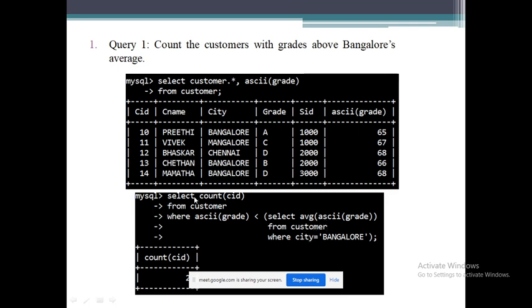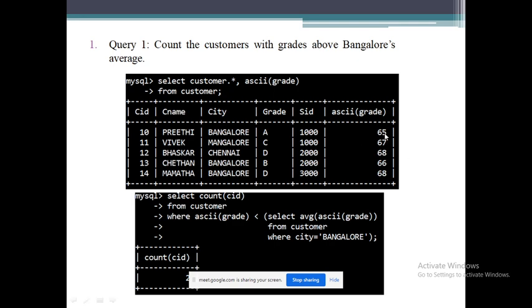And then we need to check the number of customers with grades above this average, right? Now, which one has the higher grade, A or B? A has the higher grade, right? When you write ABCD like that, A has the higher grade.